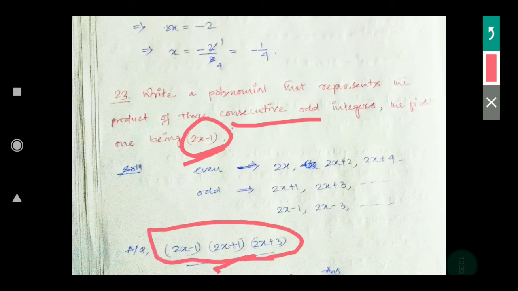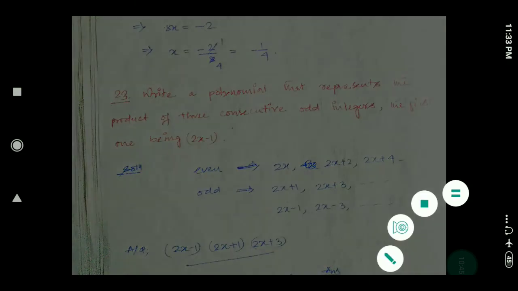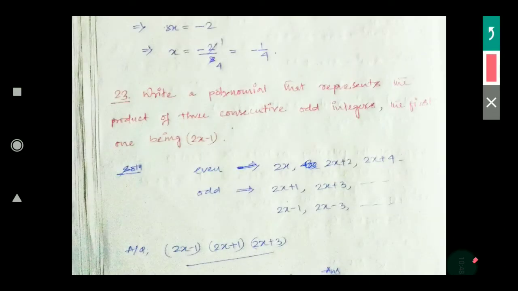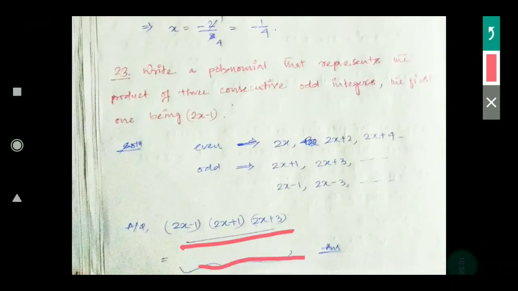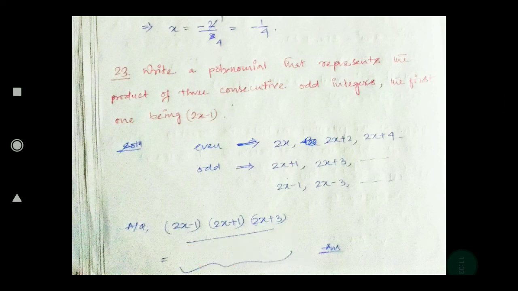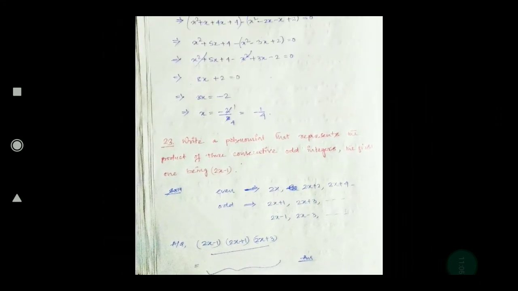After doing the multiplications, like terms you will add or subtract according to the sign. After that, the final simplified algebraic expression you will get will represent the product of 3 consecutive odd integers. Okay, so I have written the expressions, you do the multiplication, then simplify, and you will get the answer. So with this, your exercise 5C is completed. Hope you have understood all this, and in the next video we will discuss exercise 5D.